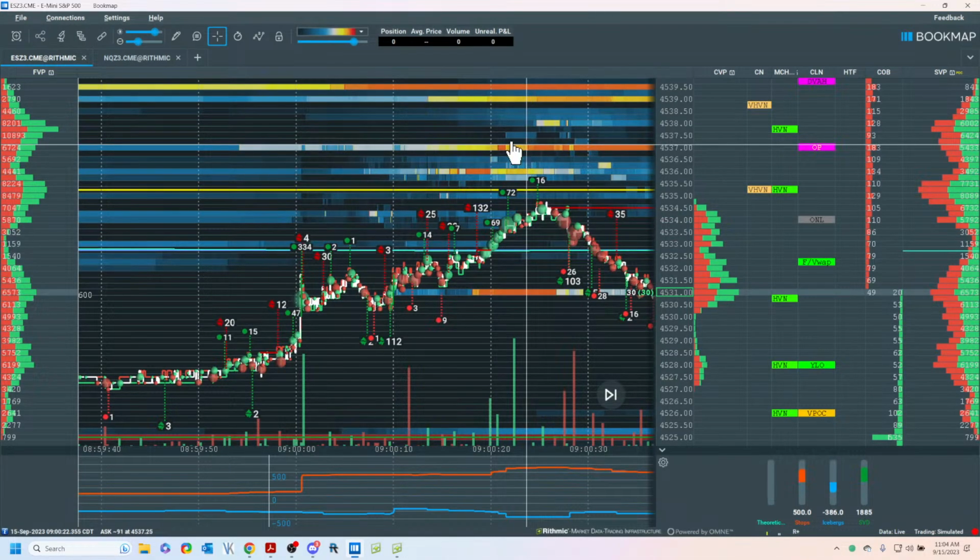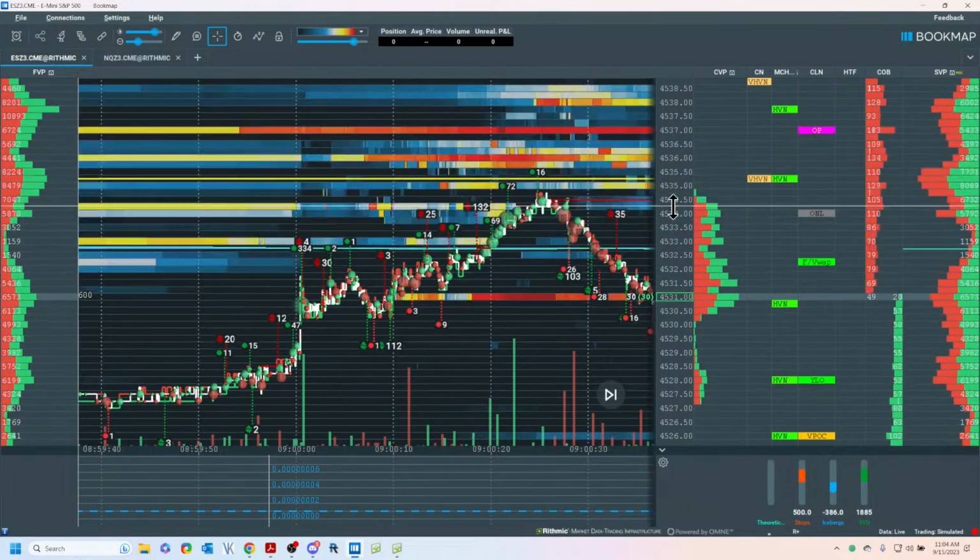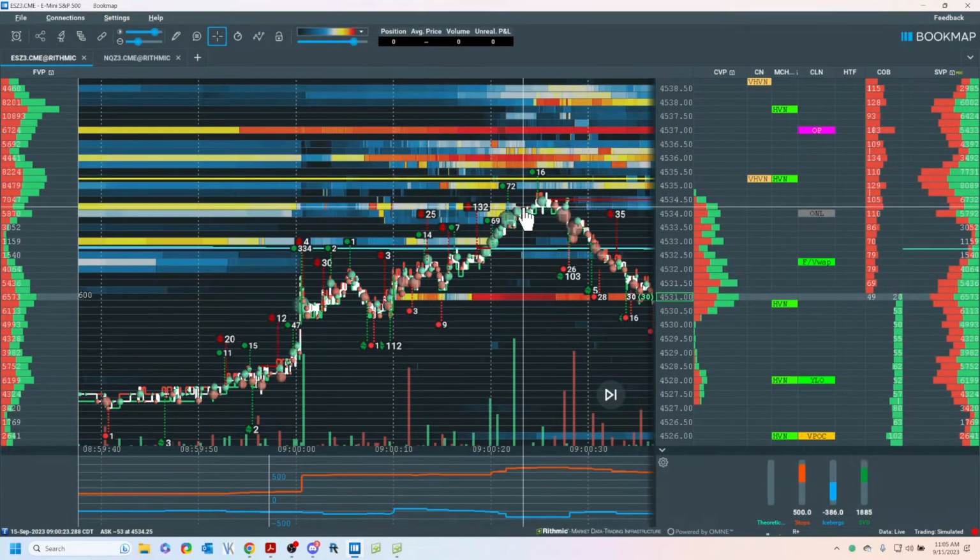So let's look at what's going on. 72 buy stops, 16. I'm going higher and I'm seeing fewer buy stops. Now, I use the stop and iceberg detector. One of the things I like, and it's the only thing I use from indicator day, is divergence. Because what does divergence tell us? It could tell us that we're running out of something.